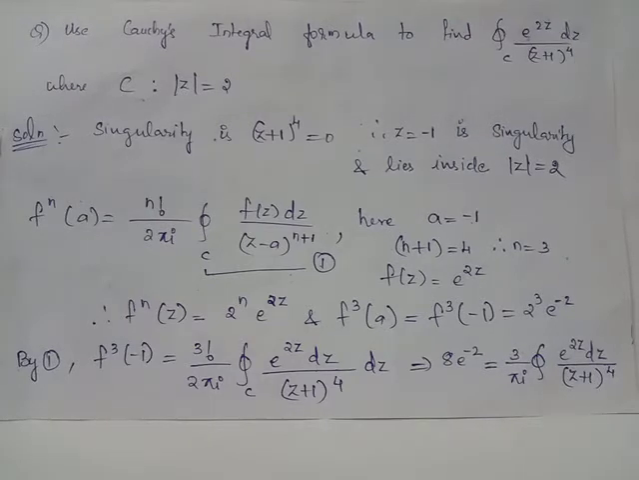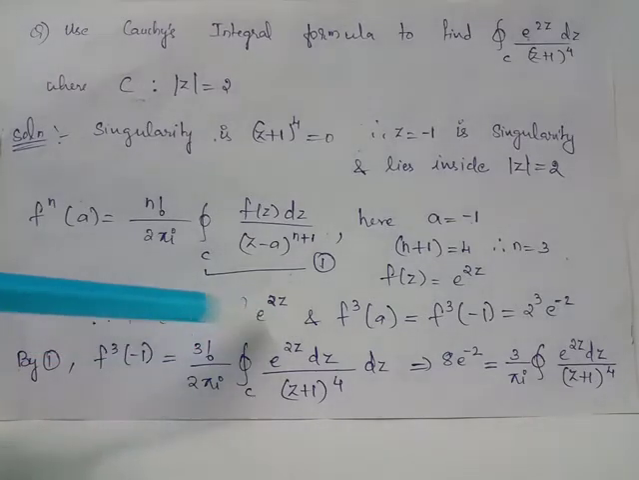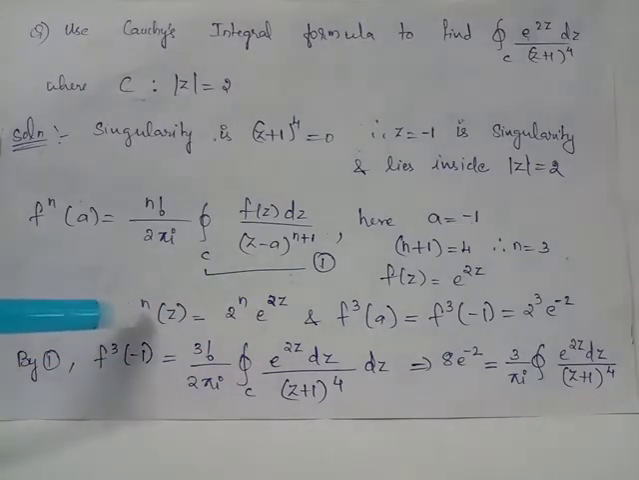Therefore, n equals 3. Since e raised to 2z has derivative 2 times e raised to 2z, f double dash of z is 2 square e raised to 2z, and f triple dash of z is 2 cube into e raised to 2z. In general, we have f raised to n of z equals 2 raised to n e raised to 2z. When you give n equals 3, you obtain f raised to 3 of a,